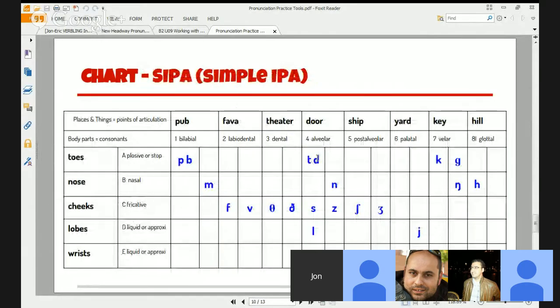The next thing we did was look at the consonants, in the last class particularly. And what we did here, this one is a little bit harder to see. But if I go back to my screen here,